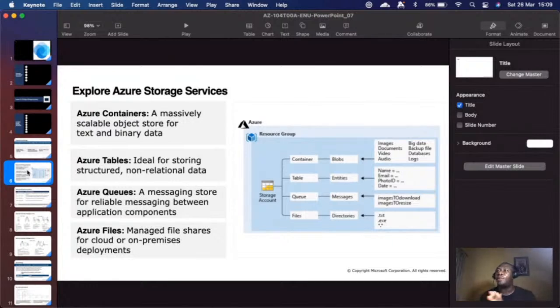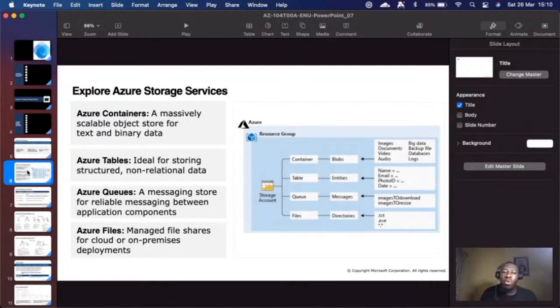When you go to your system and you want to separate a group of documents, you make use of a folder. This time around in your Azure storage, you make use of containers. Now, these containers could be used to keep things like your blobs. It could be your videos, your files. It's just like a container you use to segregate different kinds of data you want to have on your Azure storage.